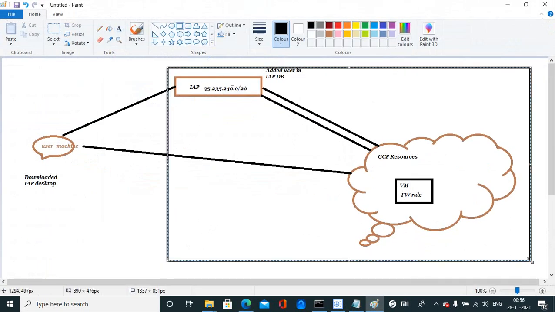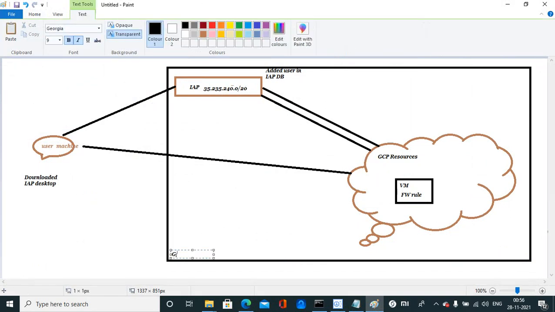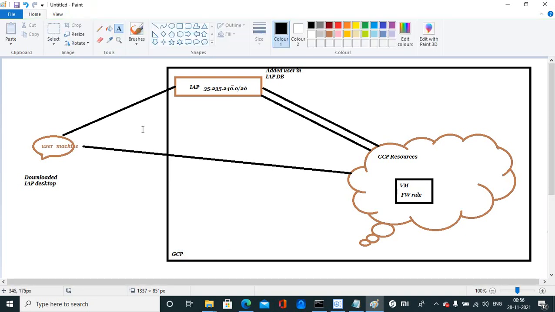This both are inside the GCP only, so it's GCP resources. It's a complete GCP, Google Cloud Platform. Inside that, your IAP and your cloud resources both are in the same environment, so you only need to create a tunnel between this. IAP का बैकएंड कैसे मैनेज करता है वो गूगल क्रिएट है, बट ये आपको एक सिक्योर टनल प्रोवाइड करता है यहाँ से यहाँ के लिए.